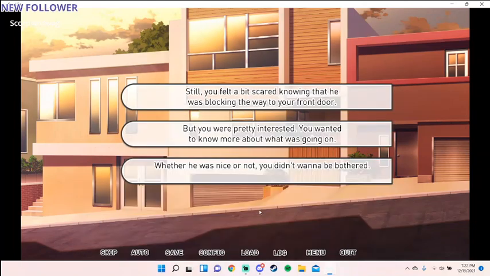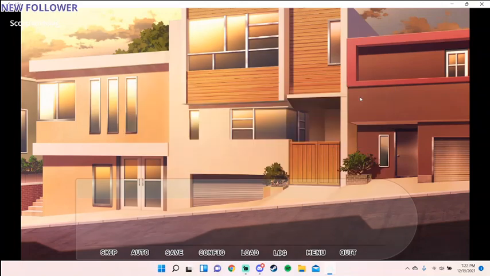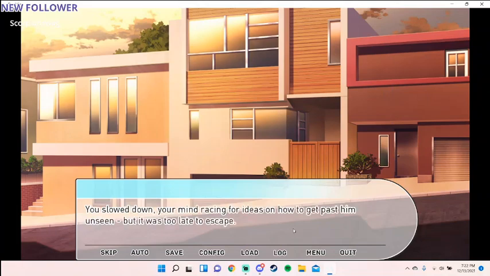You weren't sure about this man yet. Still, you felt scared knowing that he was blocking your way to your front door. But you were pretty interested. You wanted to know what was going on, whether he was nice or not. Yeah. Okay, this one. You slowed down, your mind racing for ideas on how to get past him unseen,